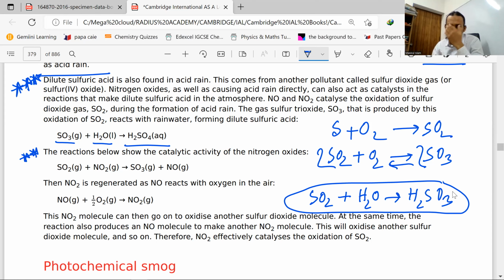আচ্ছা, the reactions below, এটা আরেকটা দেখো, এটা ইম্পর্টেন্ট। The reactions below show the catalytic activity of nitrogen oxides. So sulfur dioxide in the atmosphere reacts with nitrogen dioxide to form sulfur trioxide and nitrogen monoxide. হ্যাঁ, মানে এই যে দেখো,